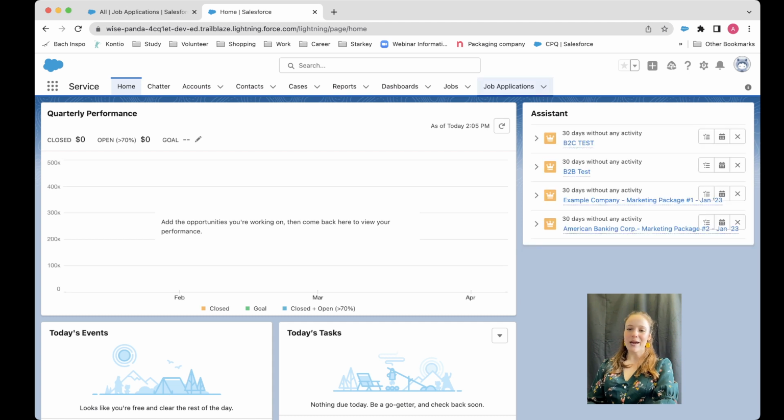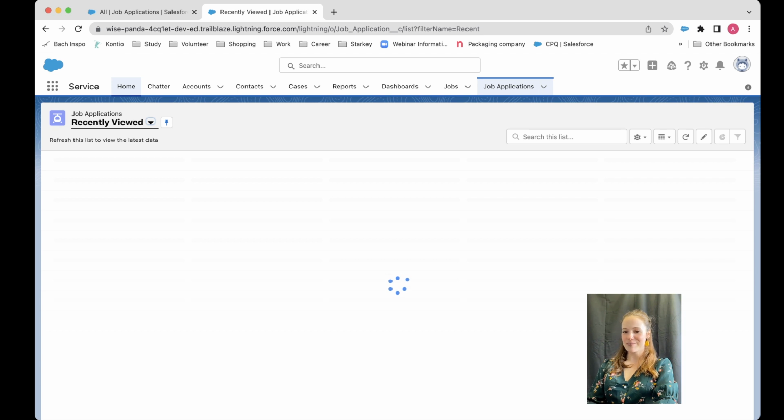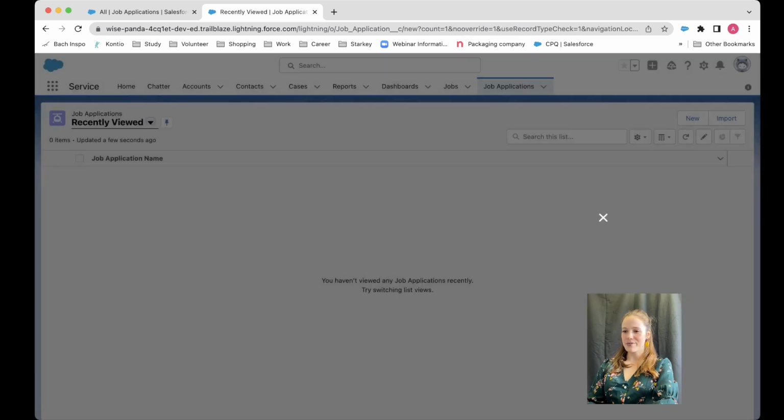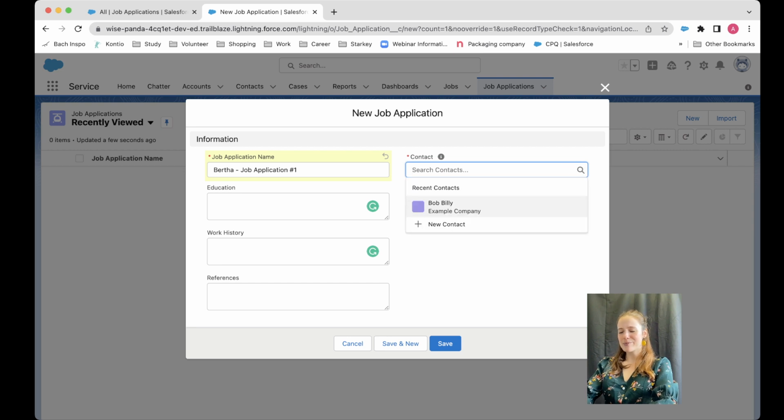So I'm in a new app now. This is my service app. You notice it's got a few less tabs, which is quite nice sometimes. But there's my job applications. So I'm going to go new. Here we go. All right, just needed a bit of time. So I'm going to call this one Bertha job application number 1. Education could be whatever, work history, same. And then notice that it's got my 2 required fields because these are master detail fields, so they're always going to be required. And it's got my contact,